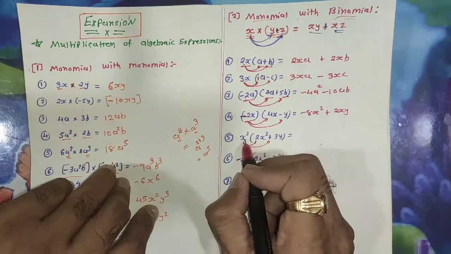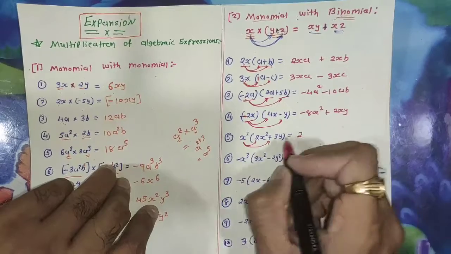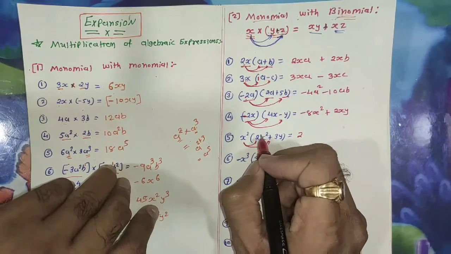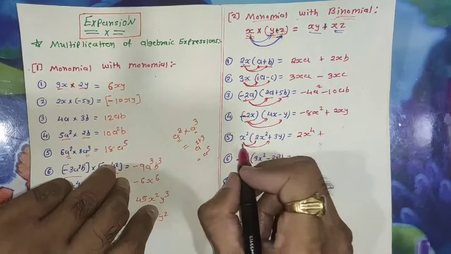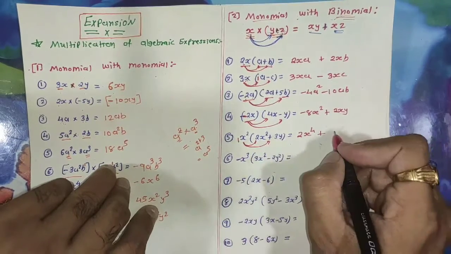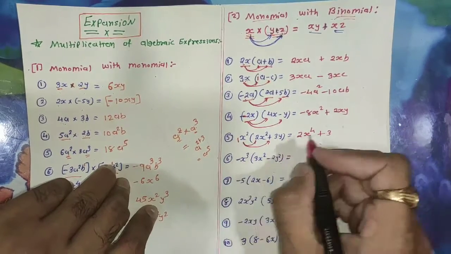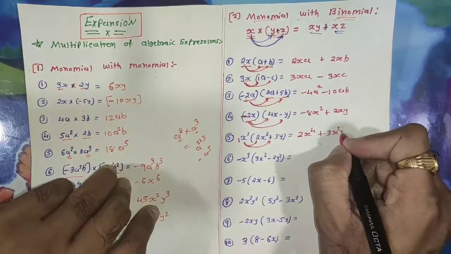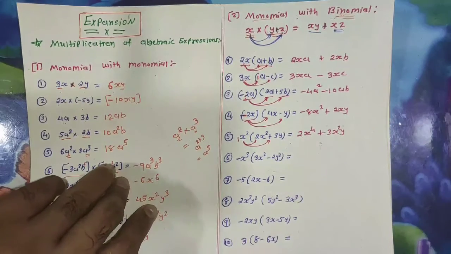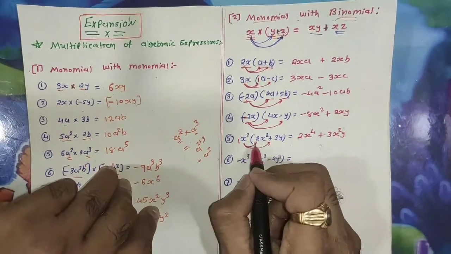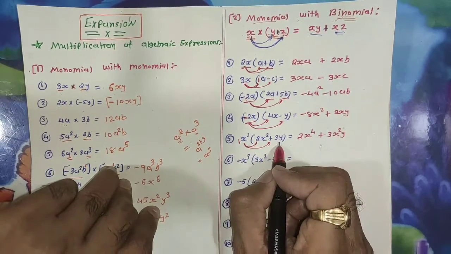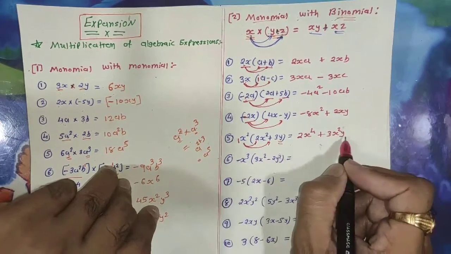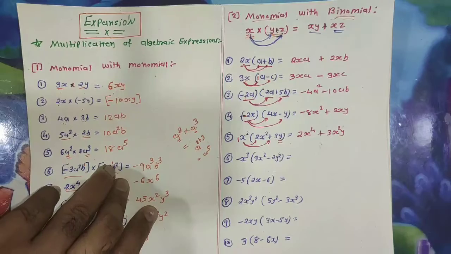Now again multiplication of the first term, multiplication with the second term. So 2 into 1 is 2, x square into x square. So we have to perform addition of this power, 2 plus 2, 4, x raised to 4. Then this sign. Now this 1 will multiply with this 3, so it's 3 only. x square into y, so it's x square y. If the bases of two terms are equal, then you can perform the addition of the powers. Otherwise you have to keep that term as it is. So x square into y is x square y.